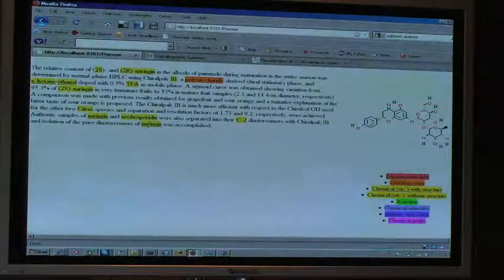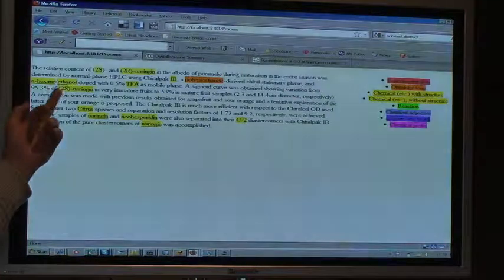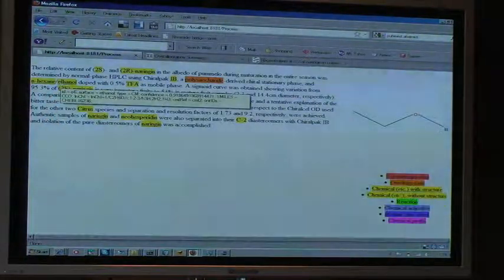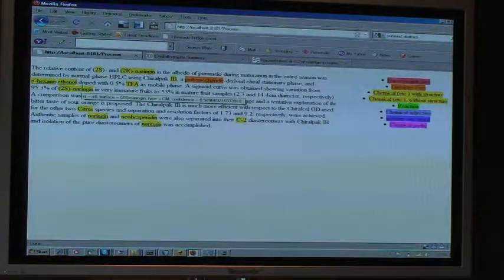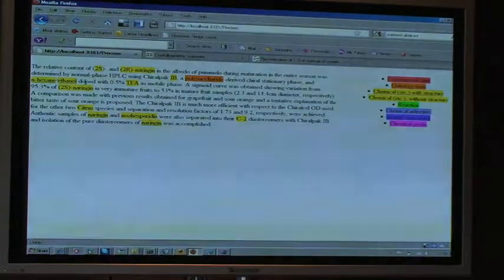There are simpler ones, so here you can see they've worked with ethanol, and you all know what ethanol is, and there's a picture of the molecule ethanol. So OSCAR is capable of dealing with literally millions of